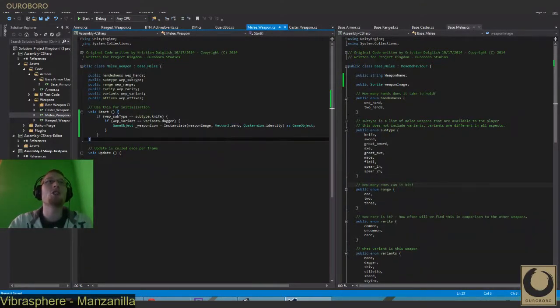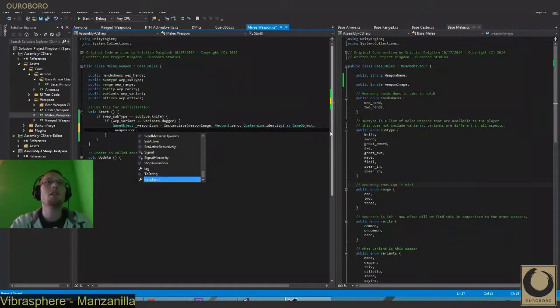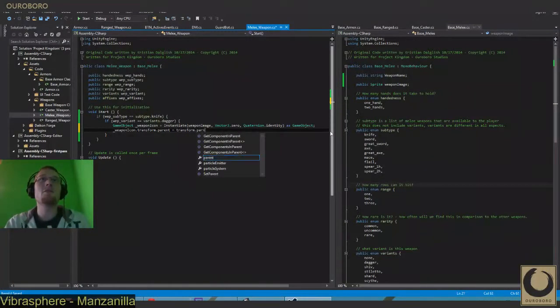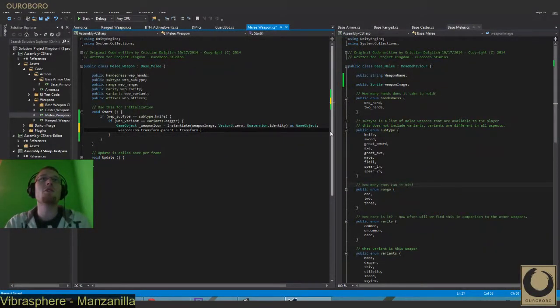Right now it's not currently a child of anything, and we need it to be a child of something, so we're going to set its transform.parent equals, actually, we would need to set it to the mount point, so we would set it to my transform's parent. The reason being is because my transform currently is the melee dagger, and it's a child of the weapon mount point. So that means that if I set the parent of the icon of said weapon to the transform parent of me,